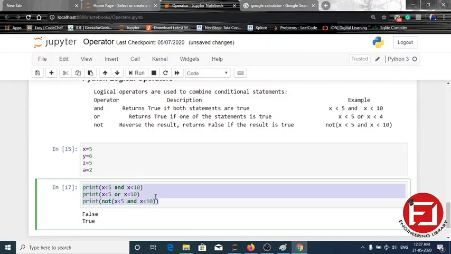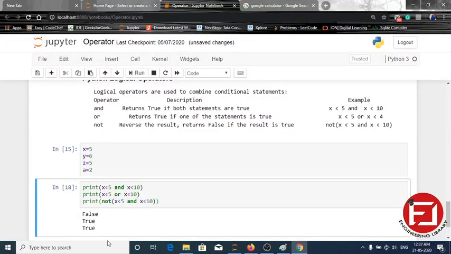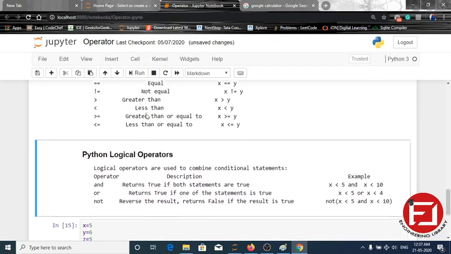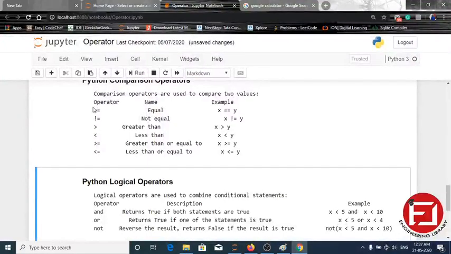Originally it is false because this statement is false, so this entire thing returns false, and NOT will return the reverted value. NOT does the revert, meaning false is reverted to true, and now this goes to the print statement, so it will return true. See, true. So these are the logical operators, and these are the comparison operators.